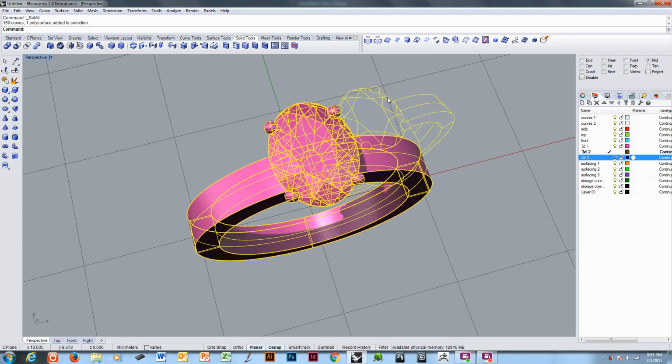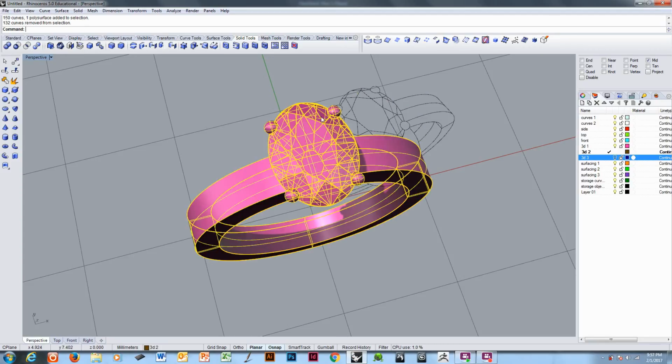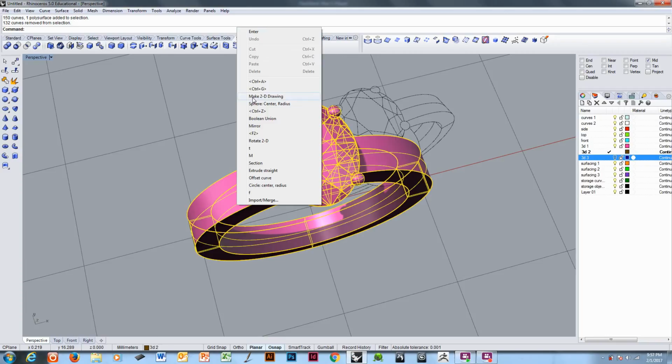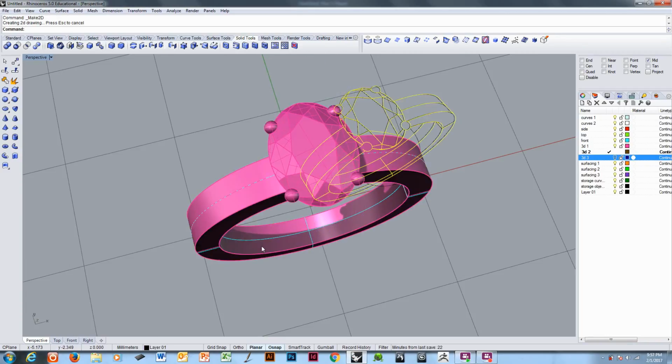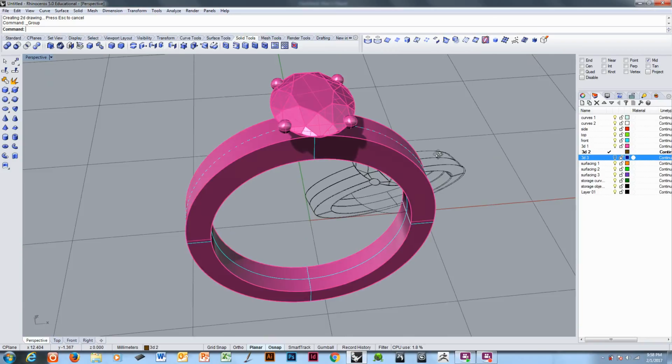Okay? Going to select everything again. I'm going to hold down the Control key and deselect the drawing I just made and make another 2D drawing. Current view. And it should land it almost directly on top of the last one. I'm going to group that as well. Control G. And I have